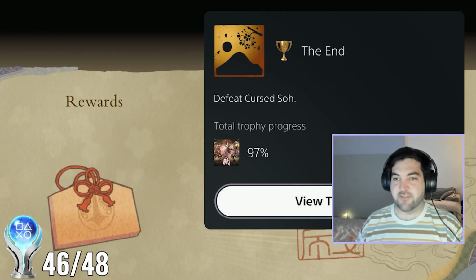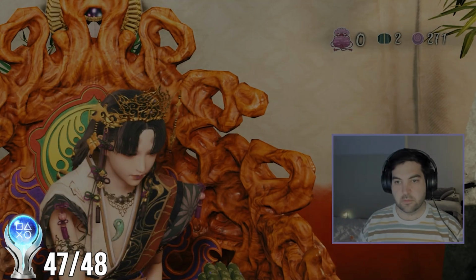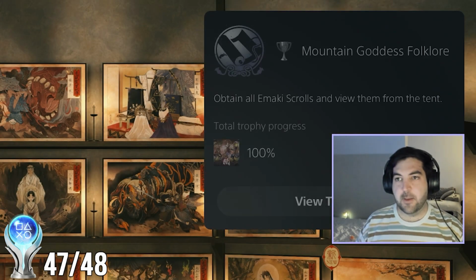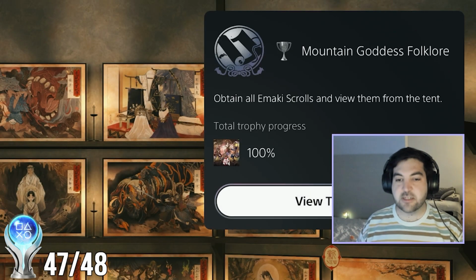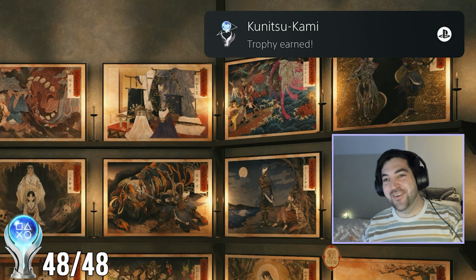The end. A defeated cursed Soh. And it's our last plaque. I think there it is. Mountain Goddess Folklore, which gives us the 100% for